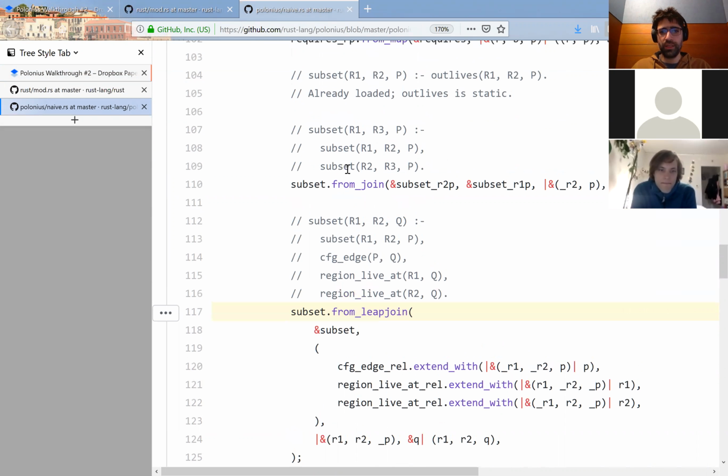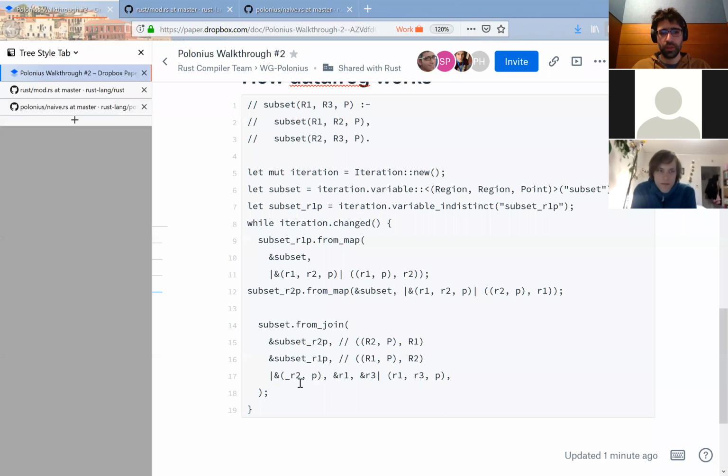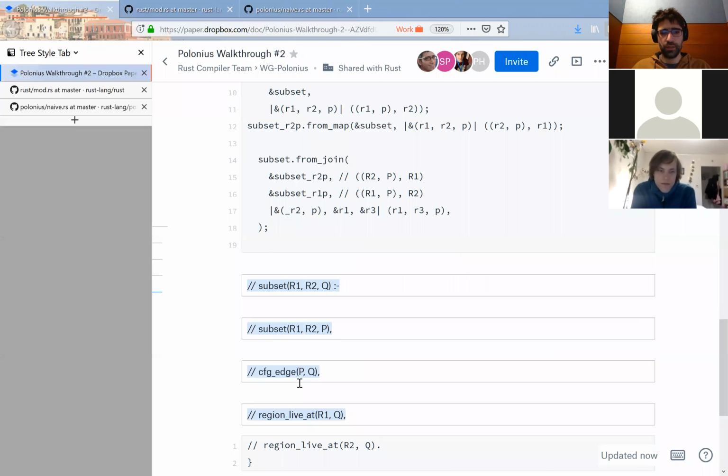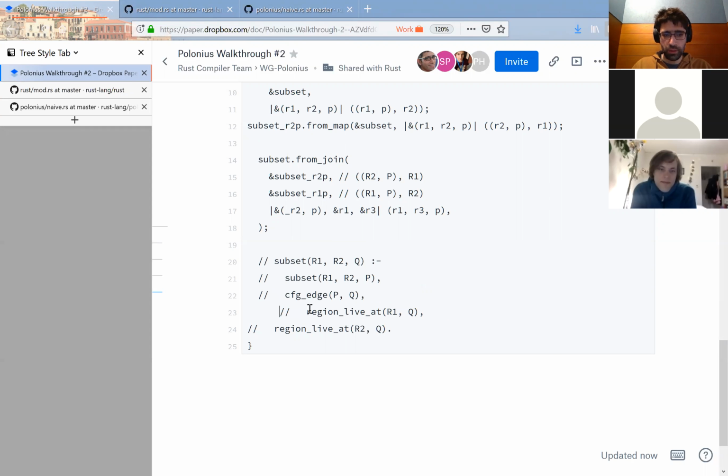So what this rule is trying to do, this is somewhat similar to the rule that liveness will ultimately want. What this rule is trying to, oh, come on, that's the one thing I hate about, not the one thing, but it is one thing that I hate about Dropbox Paper. So when you paste in something like that. Anyway, so,